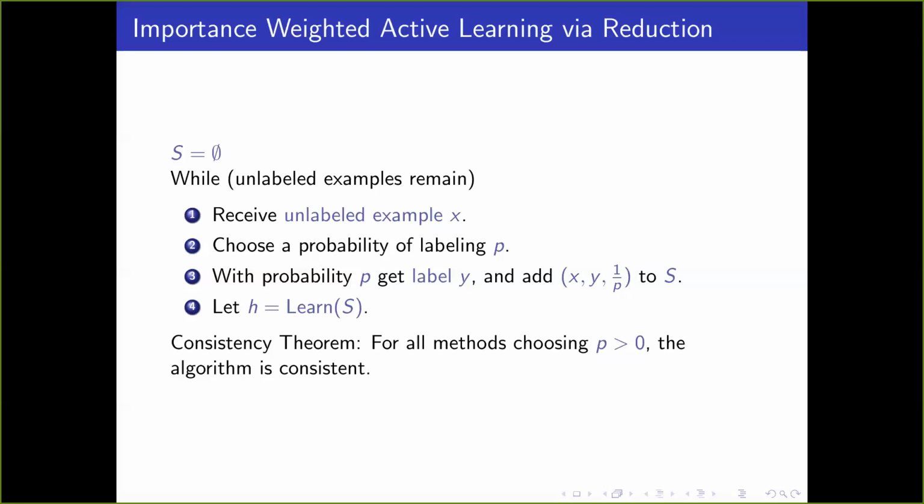What's the intuition behind 1 over P? The intuition for the 1 over P is similar to the intuition in contextual methods, where we also use a 1 over P. So if you choose an example rarely, then you want to value its error or success to a greater extent than otherwise.